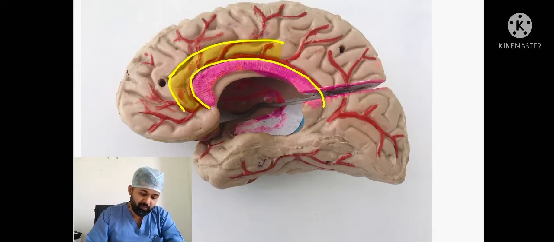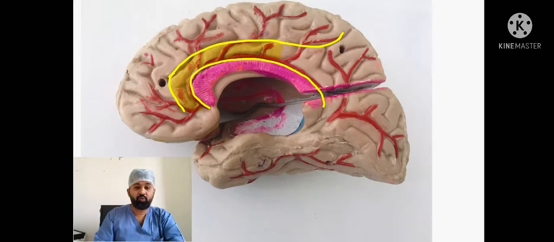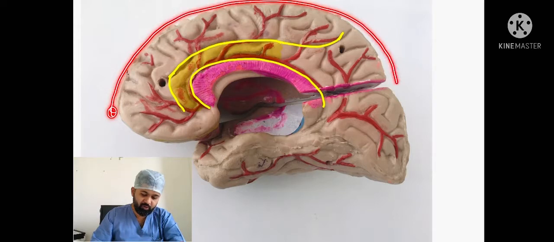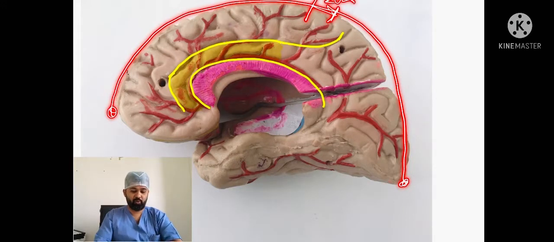In the posterior part, the cingulate sulcus turns posteriorly and upwards like this. This is related posterior to the central sulcus. Now we have seen the central sulcus on the superolateral surface. Again, we will mark the central sulcus on the medial surface. We draw a line joining the frontal pole and the occipital pole, and find the midpoint of this line. Around 2 centimeters posterior, we have the central sulcus location on the superolateral surface.